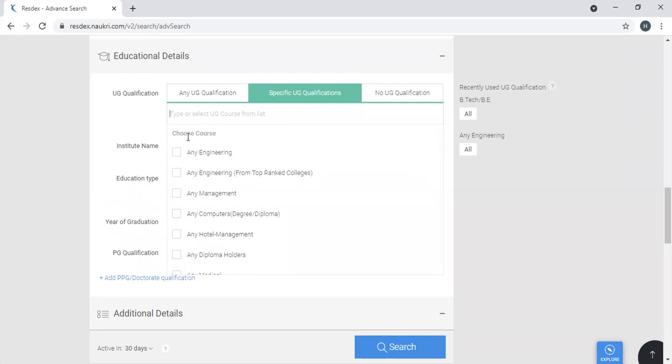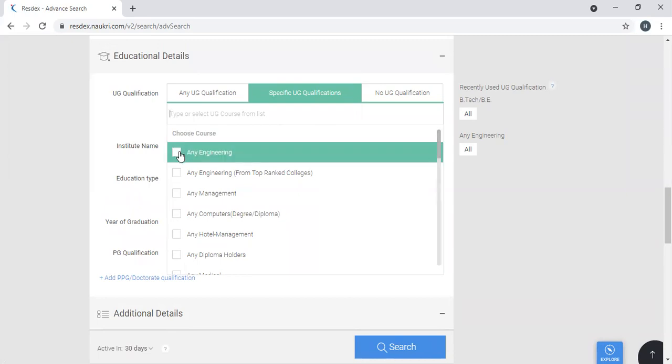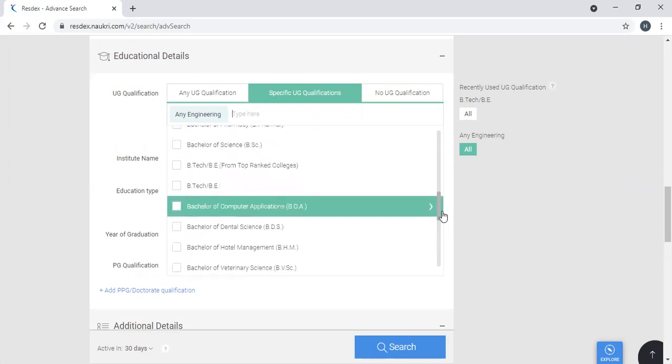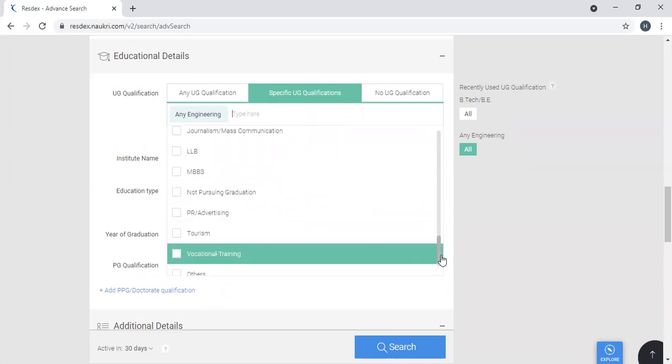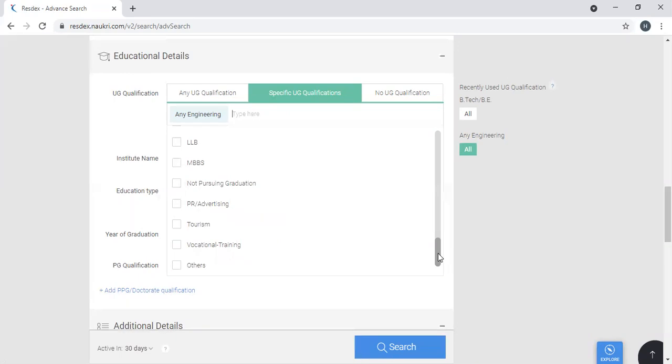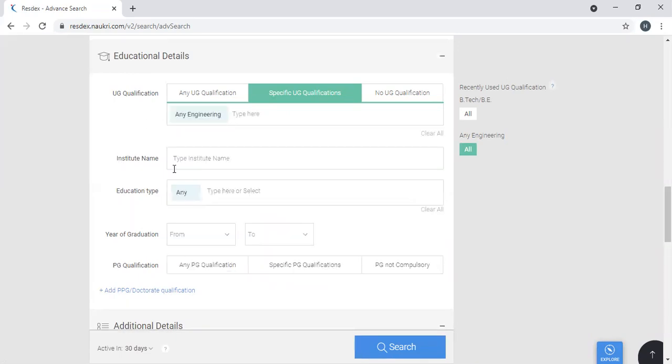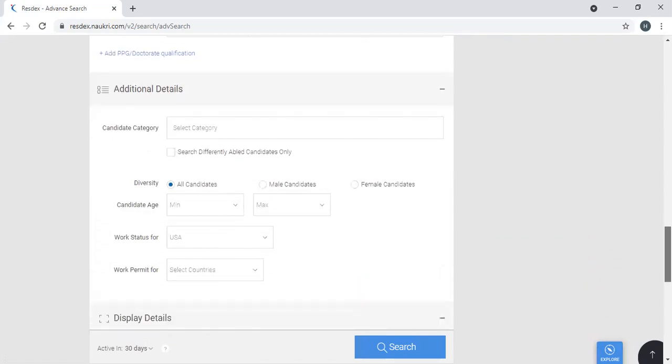Okay, here in this case, since my requirement is more of IT, I'll pick any engineering, or if I have the option called MSc computers or MCA or anything, I will pick it up. MSc comes under masters. Okay, so I can pick it up from here, right? So similarly, additional details are there.